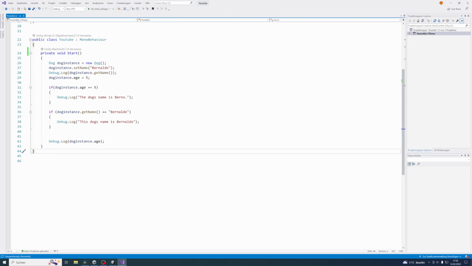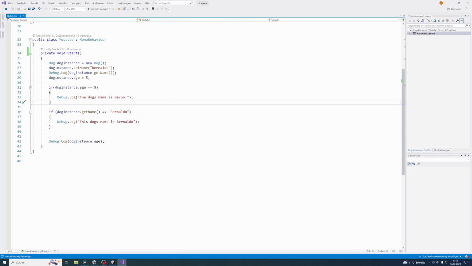Today I want to talk more about conditions and especially about conditional operators. As you remember, last time I showed you if, else and else if statements, and I explained to you that they are working with conditions, and if the condition is true, the code block below the if statement will be executed. Today I want to go into more detail about conditions and conditional operators, and to do that, let's start